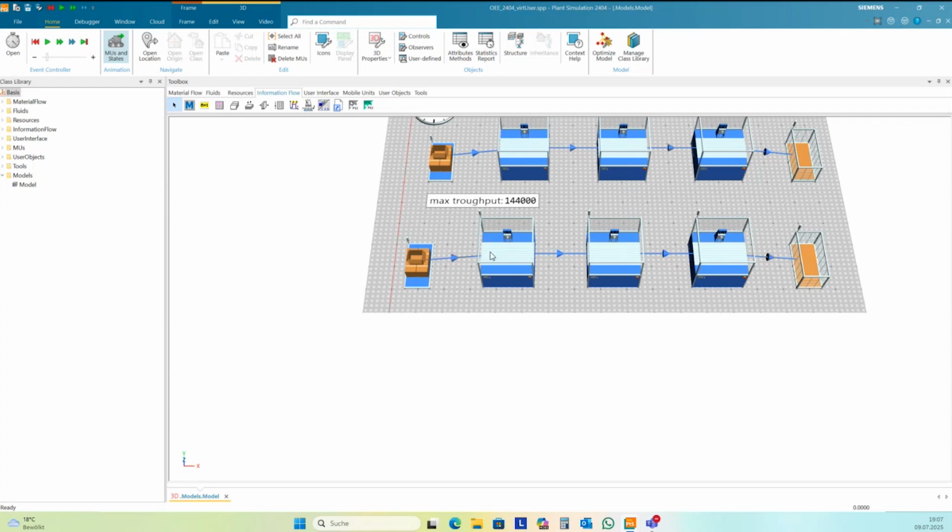You can calculate the overall equipment efficiency, which means, okay, what is the efficiency of the complete line here? If you don't have buffers in between, you can calculate this in a simple way.